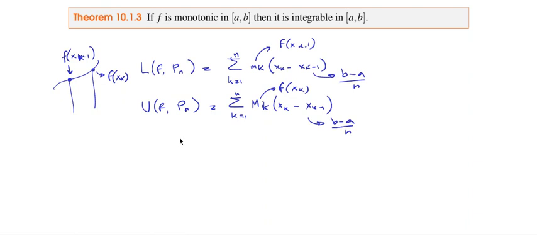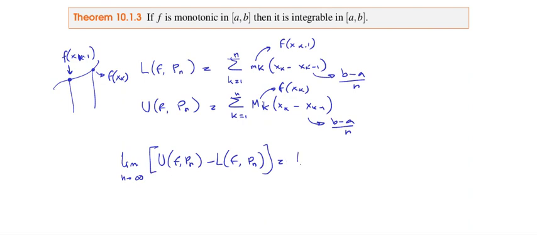So if we compute the limit when n goes to infinity of Ufpn minus Lfpn, this is going to be the limit when n goes to infinity of the sum, and so b minus a over n goes away, right? Because this doesn't depend on the index, right? So then we have Mk minus mk, which is f at xk minus f at xk minus 1,